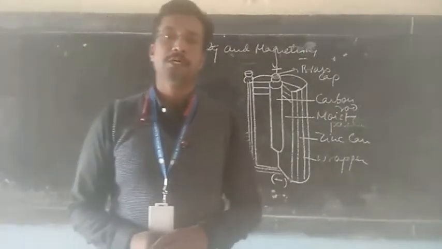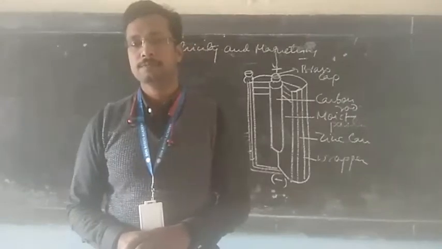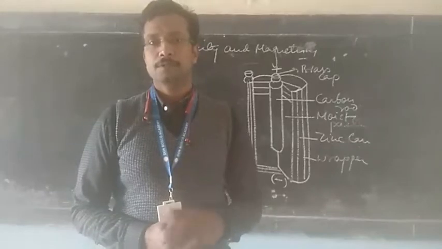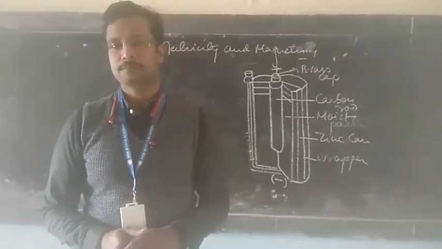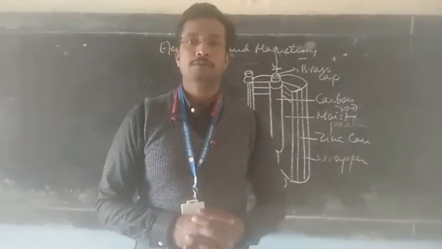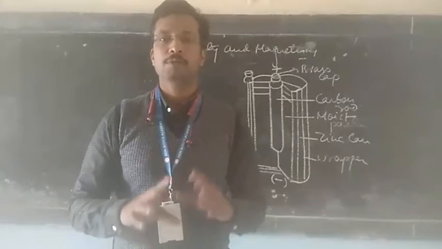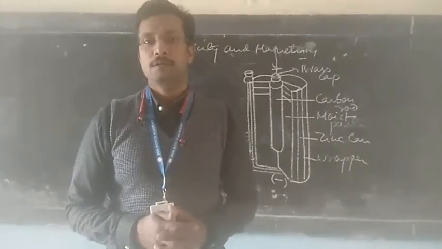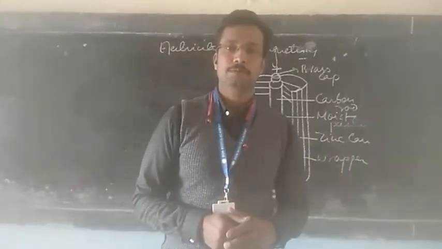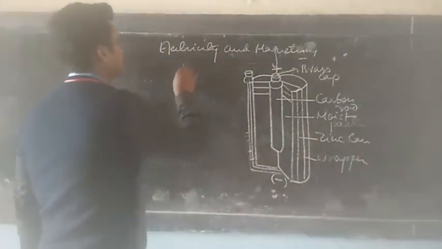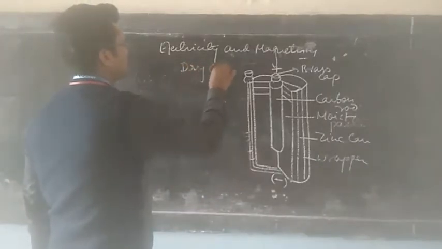And you might have seen this dry cell in different places. Most commonly we use this dry cell in the battery, so that cell you are quite familiar with. But do you know what parts are there in the dry cell? What makes the dry cell? If you break it open, then you can easily see the different parts inside. I have drawn a diagram of a dry cell with different parts. The internal parts are shown.